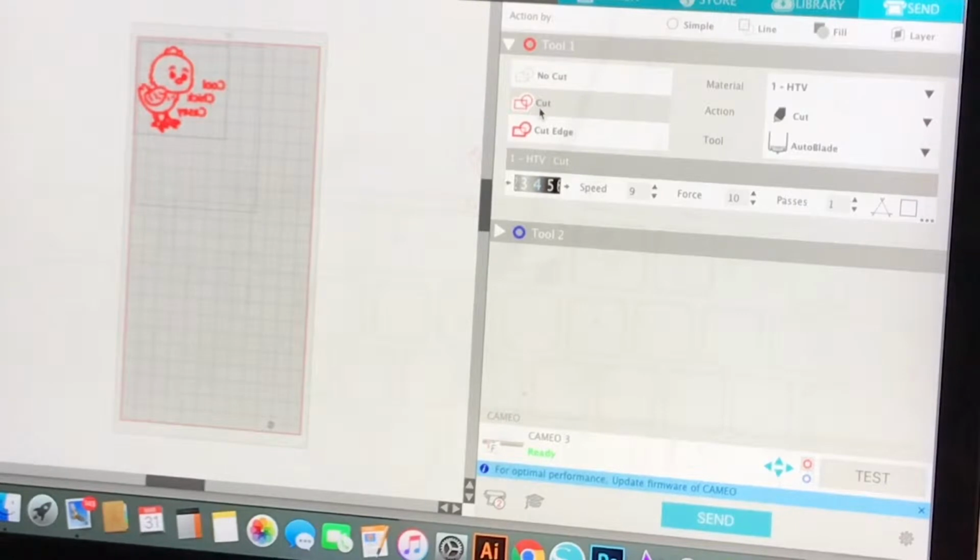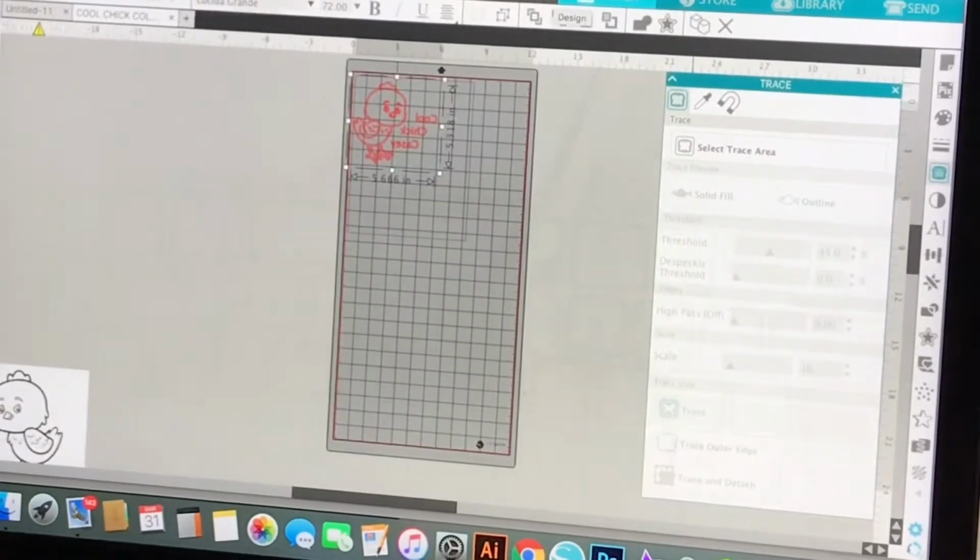So I already have it set for cut. HTV, I'm using the force of 10, speed of 9, and then it's on the auto blade. And so now it's ready to send. And so if I would send it, it would go right into my Silhouette and cut out. One of the things I like to do, let me go back to the design area,